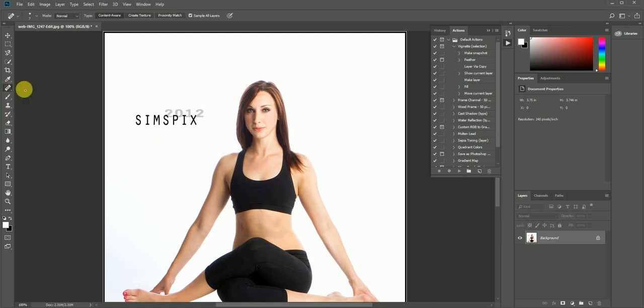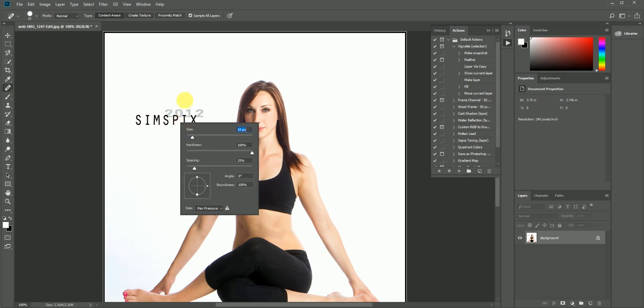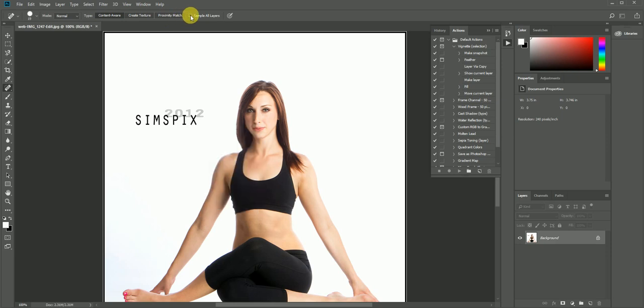So let's look at spot healing brush. A couple features that it has: it has content aware, create texture and proximity match, and then sample all layers. So if sample all layers was unchecked and you were to come down